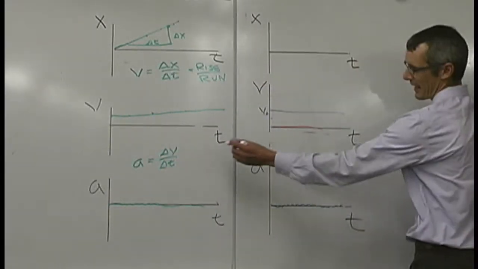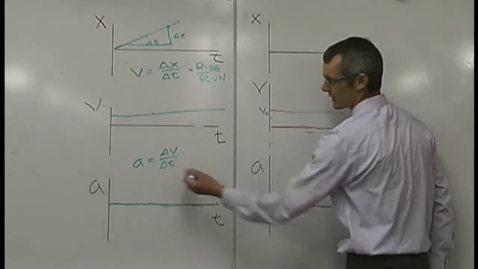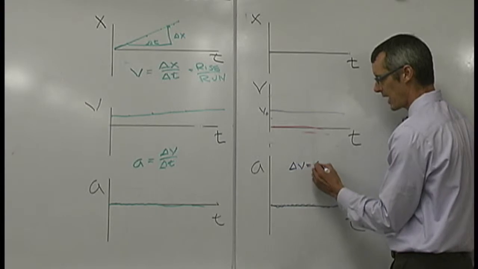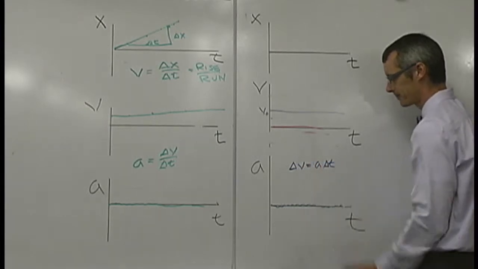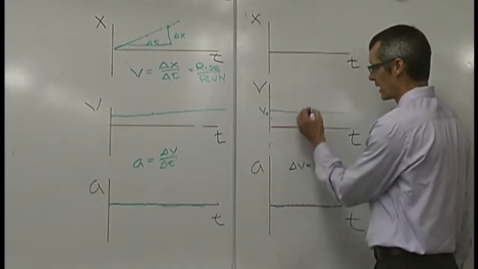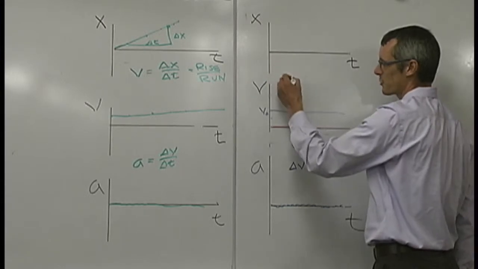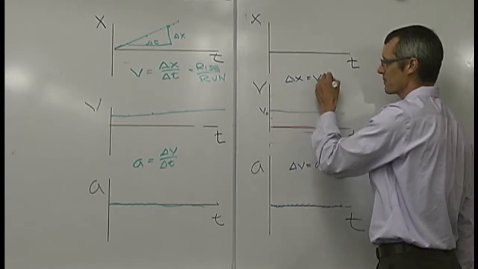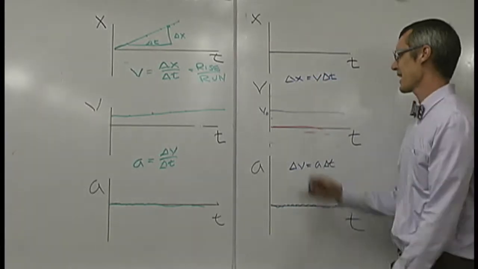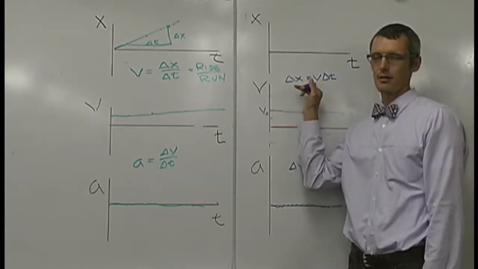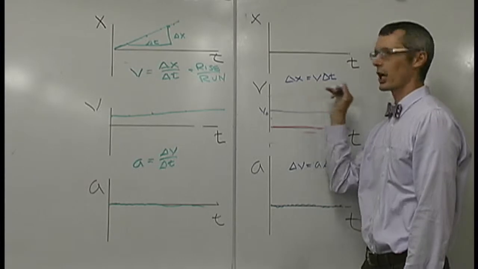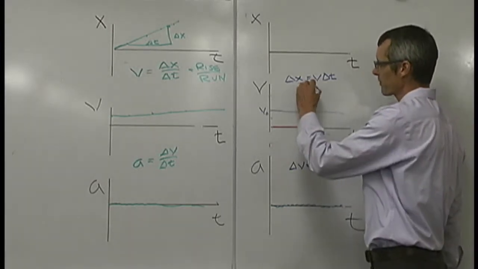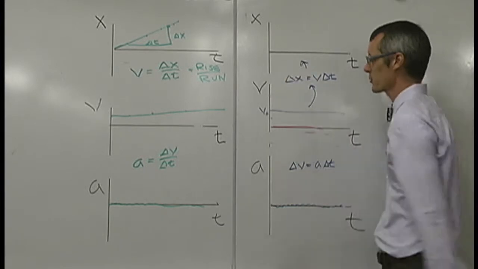Notice that the opposite of a equals delta v over delta t is the change in velocity equals a times the change in time. Same going from the velocity to displacement, the change in displacement equals velocity times the change in time. That's like saying if I drive at 60 miles per hour north for 1 hour, I go 60 miles. So going from this graph up to the displacement graph,